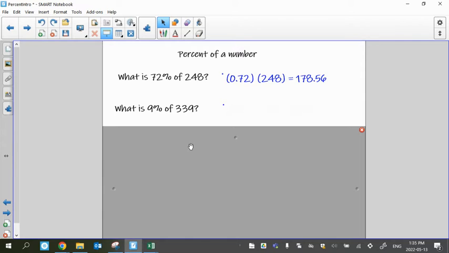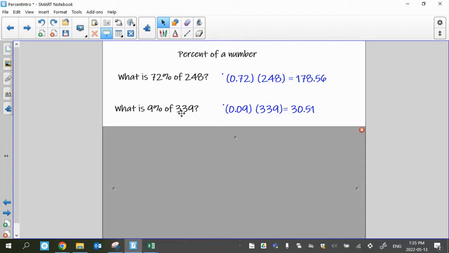What is 9% of 339? Similarly, we write 9% as a decimal. The only thing we have to be careful is that now we need that conversion to be done properly. So 9% is written as 0.09 or 9/100ths. Be careful not to make the mistake of thinking it is 0.9, because that would be 90%. So if we understand that, all we have to do is this multiplication, this product. 0.09 multiplied by 339, and that is the value that we're looking for,